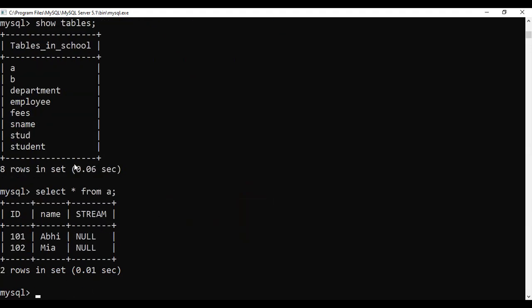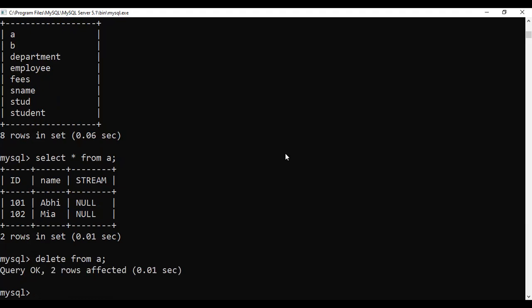Right now I just want to delete the records. Delete from A. Simply I give it this way and delete. What will happen? If I ask for select star from A, nothing.